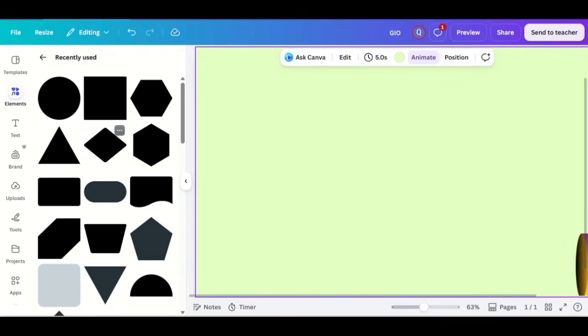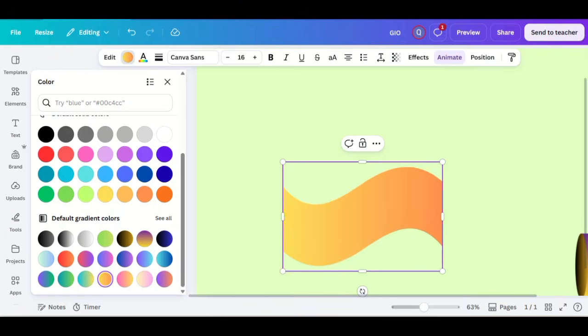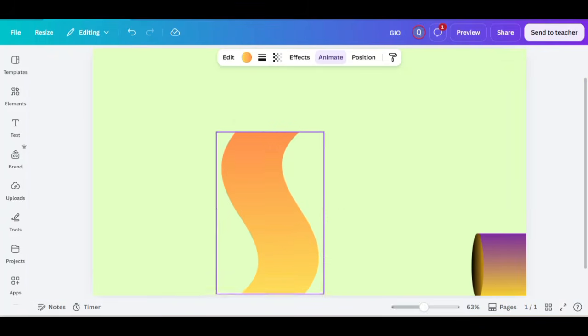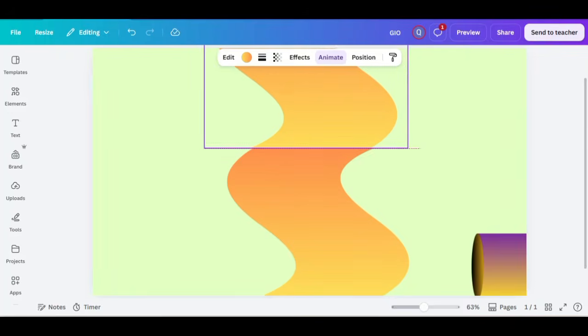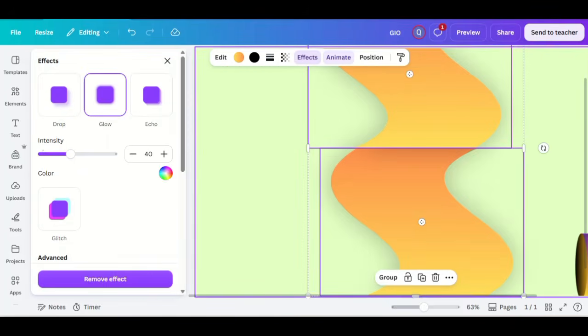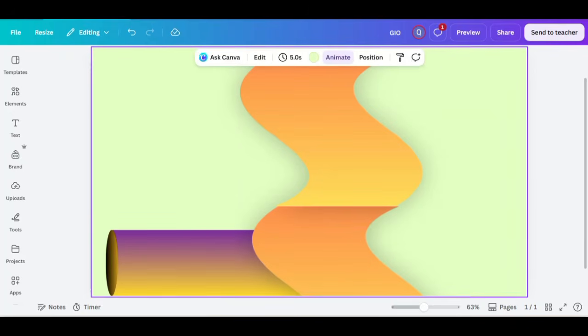A creative business poster should look professional while giving people a reason to pay attention. Open Canva and create a new product poster using the dimensions that fit your promotion. Choose a background color that represents your brand, then open the Elements panel and add a few simple shapes to